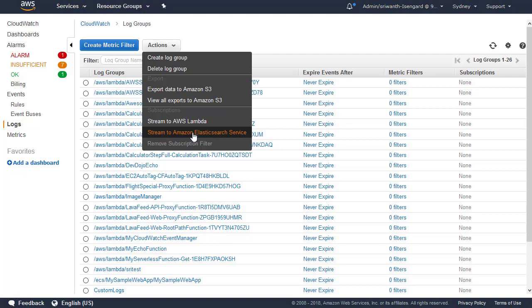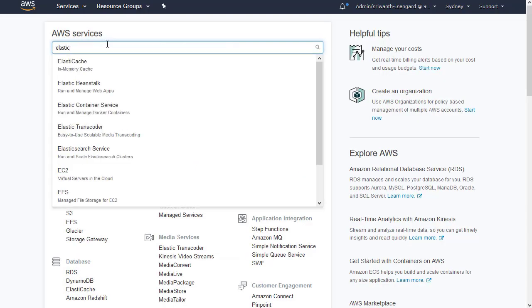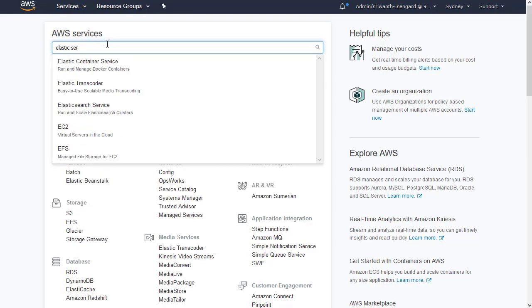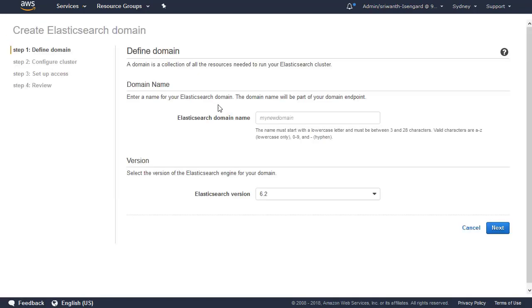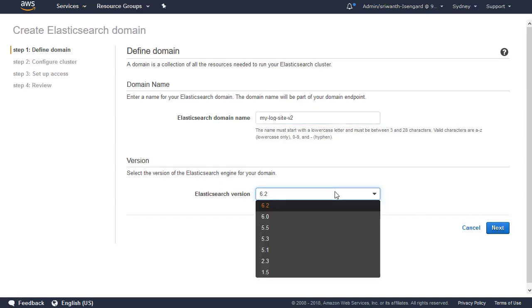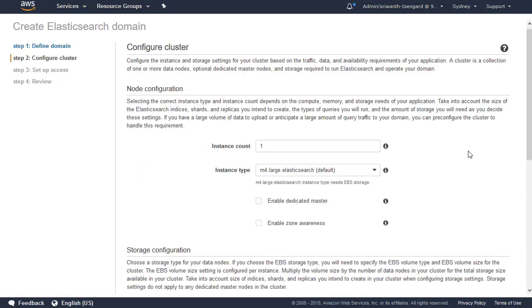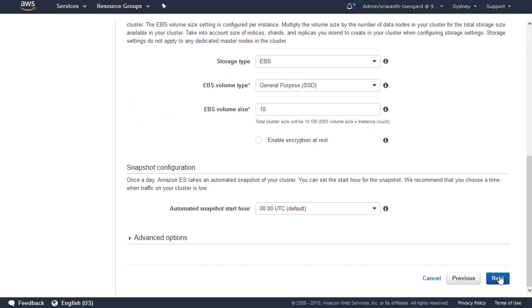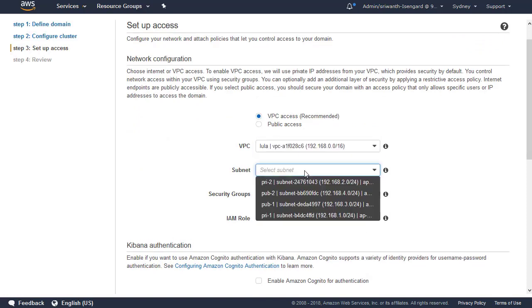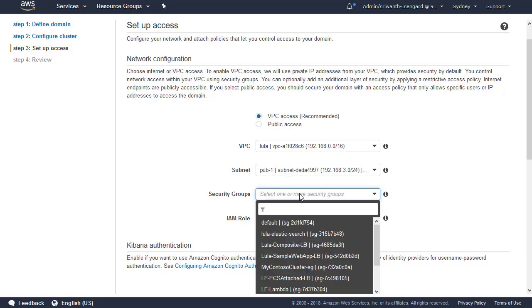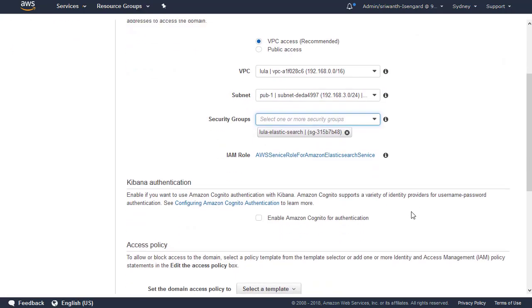Elasticsearch, think of it as one big index. What I'm going to do now is showcase how to integrate with Elasticsearch. Go to Elasticsearch and create an Elasticsearch cluster that will maintain your index. Give it a name, choose the version you want to run, specify how much storage to allocate, and the network it will run in. There are few configurations, it's not very complex. You just select a few parameters, click next, next, next, and you can create the